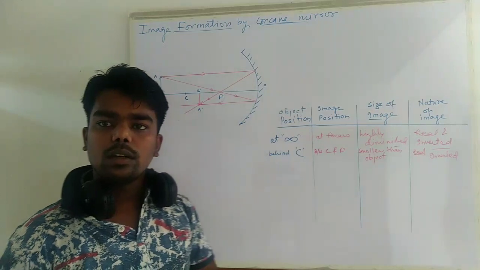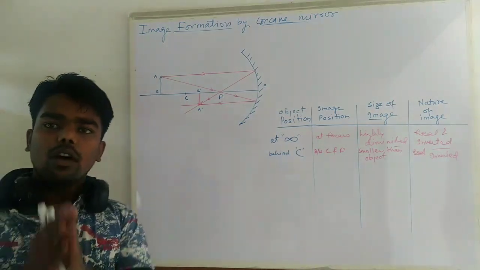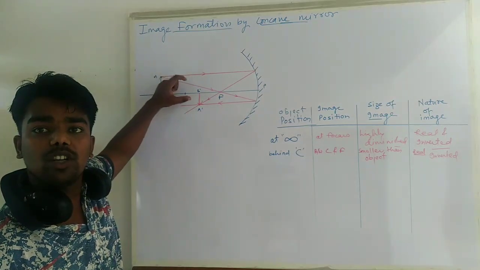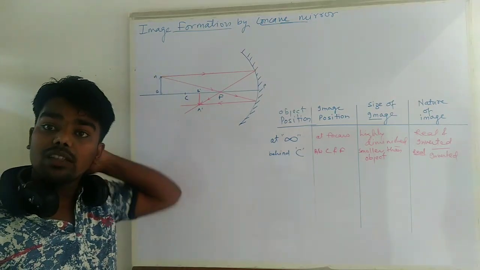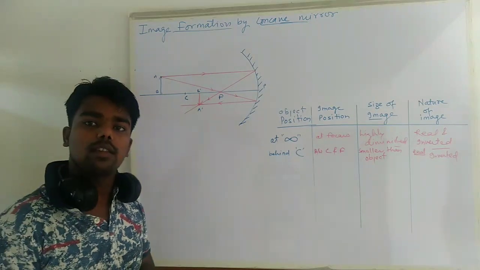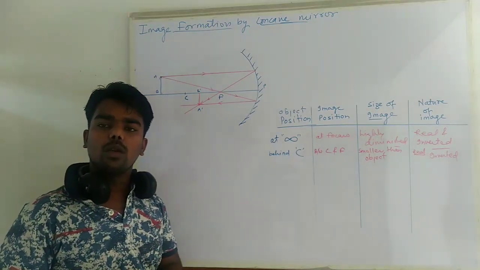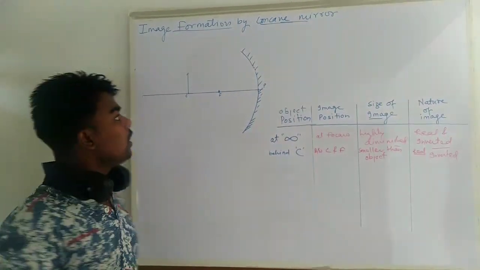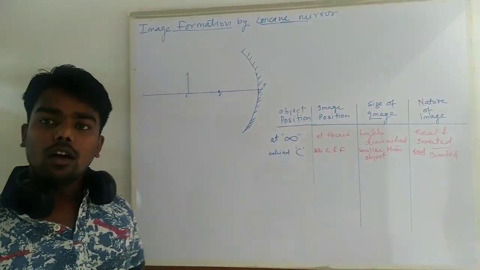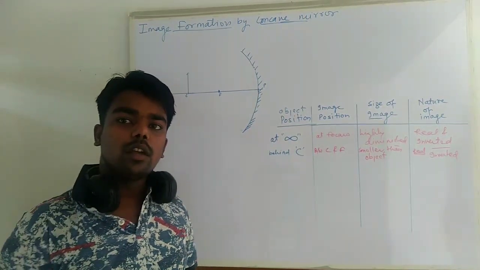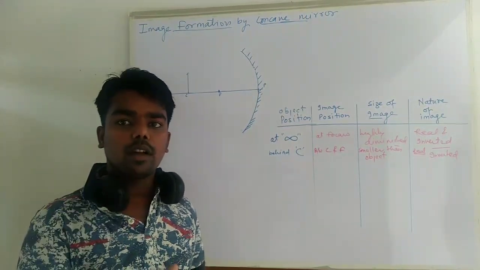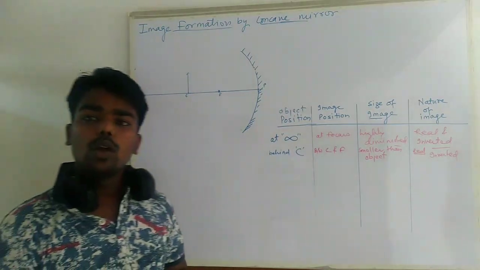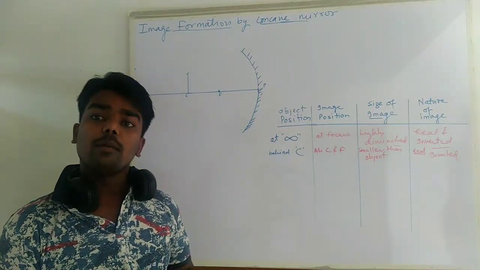Now third case also we are going to see, if the object is placed on C, if we place the object on C, we will see where the image is forming and what kind of image is formed. In that particular case we are going to see that third case. So now the third case we will see when the object is placed on C, so where its image will form. Okay, if the object is placed on C, where will its image form? So we put it on C, again we will follow any two rules of image formation.